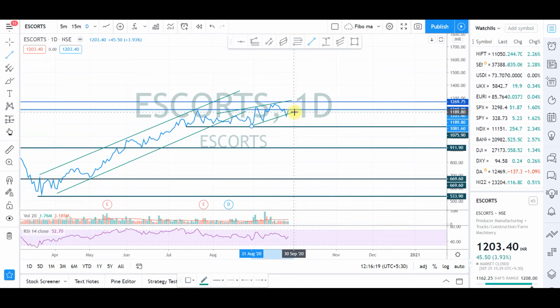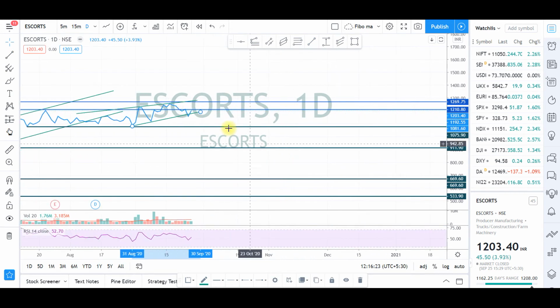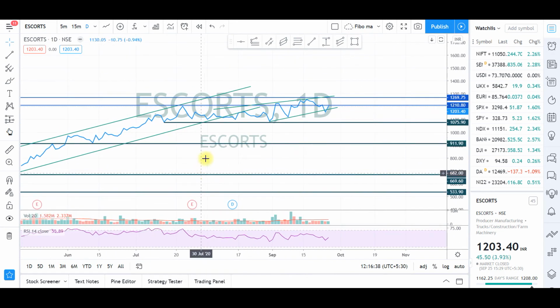Okay, and we see one breakdown was given, and then it has reversed. But now the important thing which we need to always remember is, anytime you are getting these kinds of breakdowns or breakouts, what we would do, as per the basic price action trader, it's a very important thing which we always have to remember.